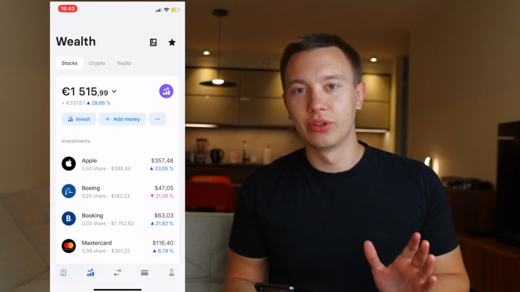It's really, really simple. It is a con in terms of that the app is very, very limited in terms of how you can track all of your investments, what market research it has, and so on and so on. But on the other side, it makes it very easy to invest because you don't really need anything. You fill the questionnaire and that's it, and you can start investing right away from your Revolut account.